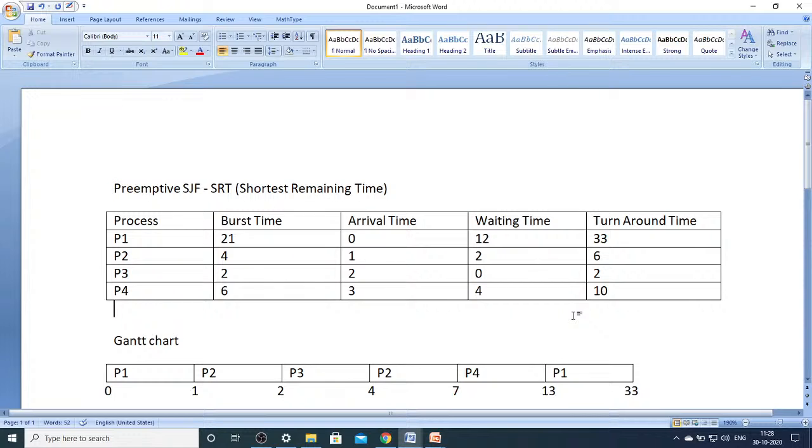The only point that needs to be understood here is, when you calculate the turnaround time, always remember the formula: finish time minus arrival time gives you the turnaround time. And waiting time, it's the same kind of formula, turnaround time minus the burst time. So that's how you are able to find the